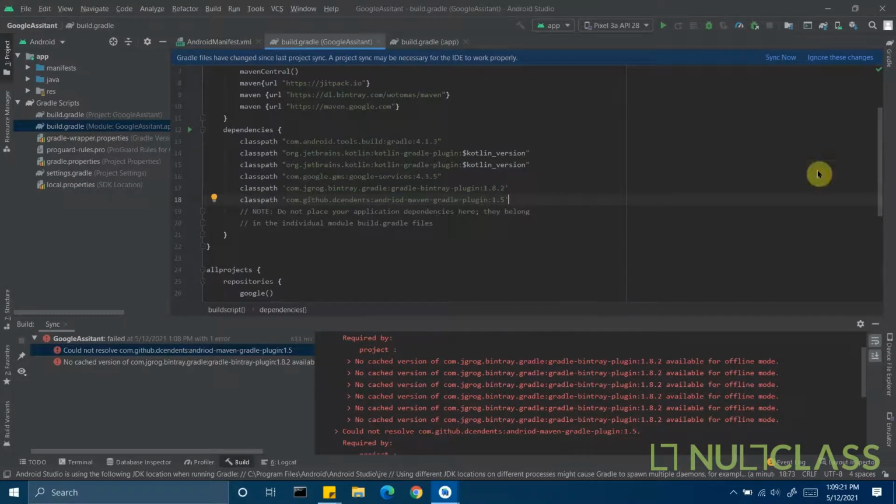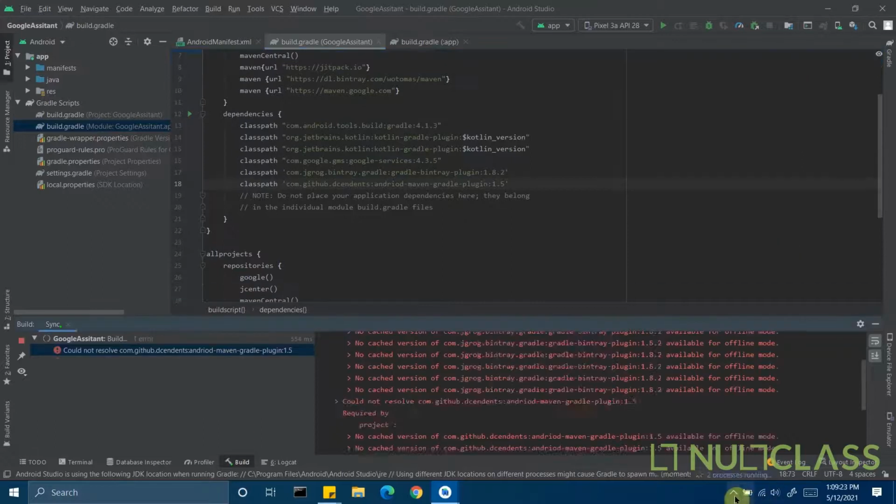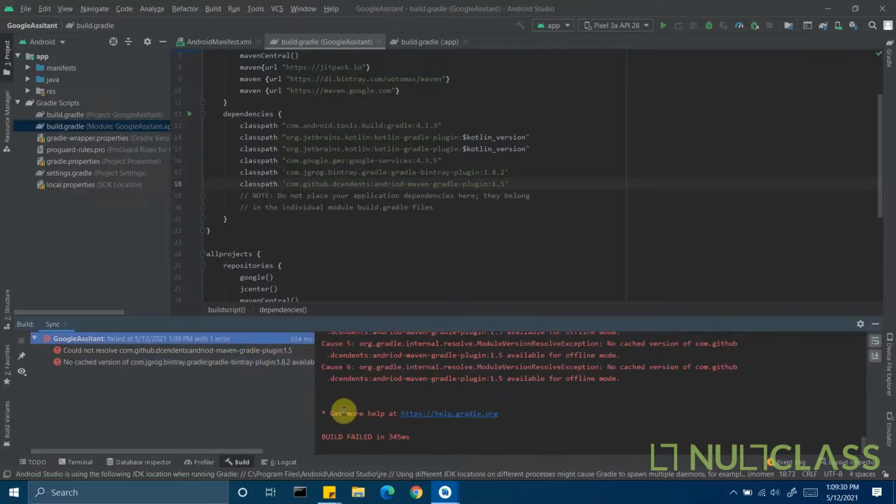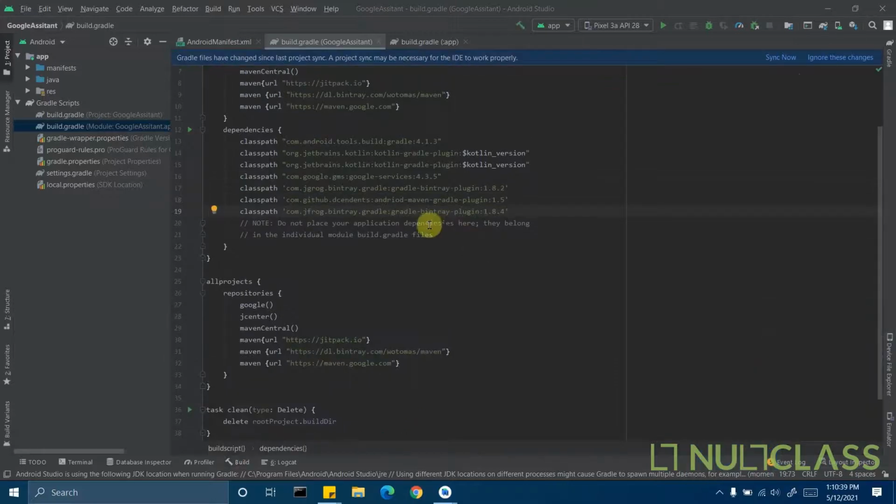Okay, let's click on sync now. Let's see what happens. Okay, still the Gradle is failing. Let me see once more what we have done wrong. I think I have made a very silly mistake: I have written Android spelling wrong. So type here